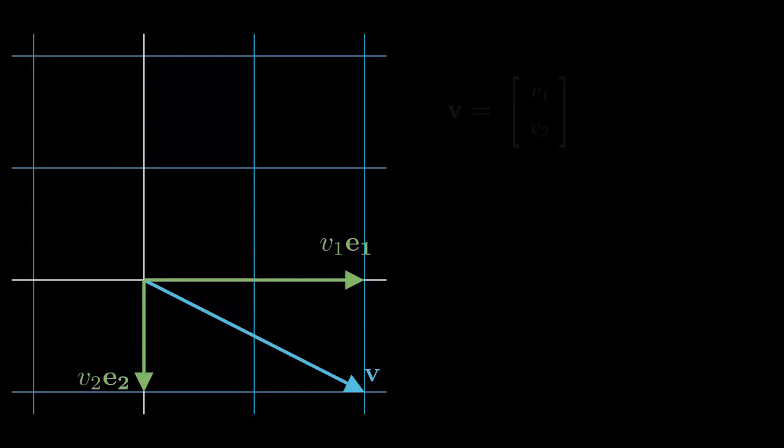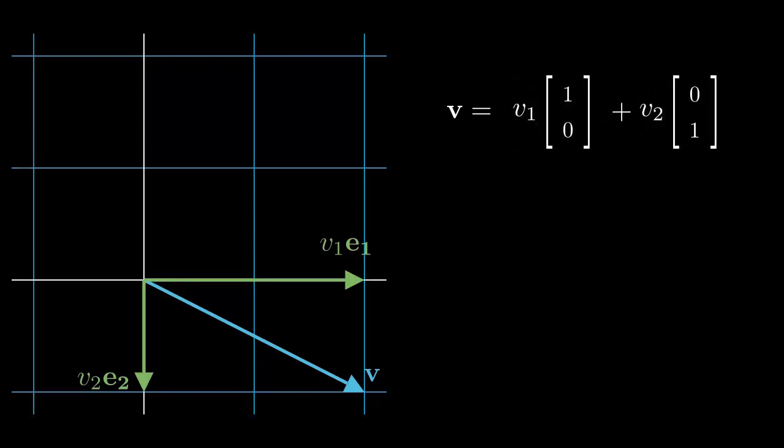Now let's go back to the vector v. Let's write the v as a linear combination of the basis vectors. Using these basis vectors, the vector v can be represented as a linear combination of them. You can write v as a column vector like this. You can decompose this vector into two vectors. Then you can take out each component. Since 1, 0 is E1 and 0, 1 is E2, v becomes like this.